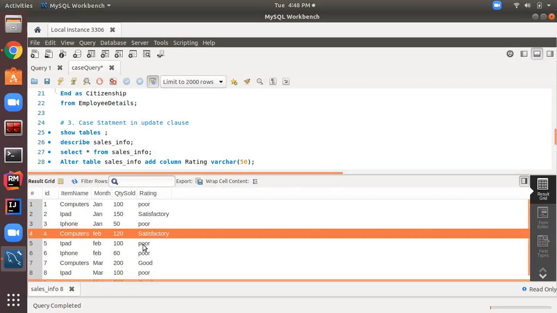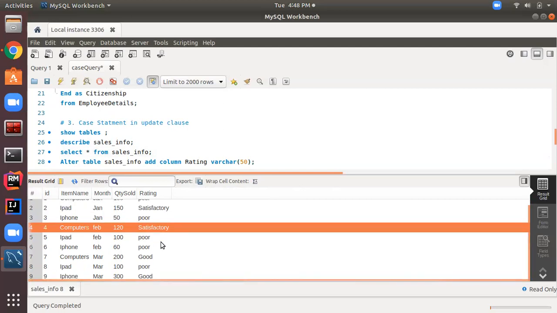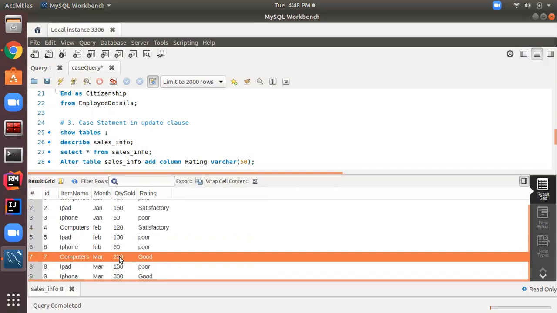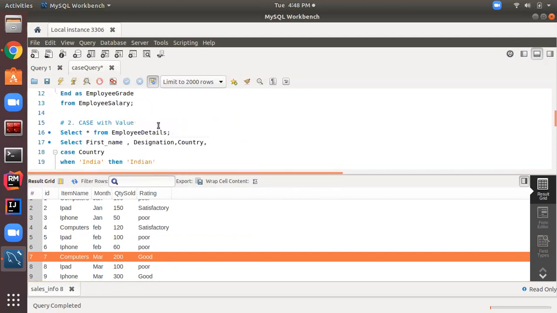And when the sale is above 150, then it is good. See, the computer sale is 200, so it's giving the rating good. So it is a very useful statement, in fact. We can update our table records based on multiple conditions. Here I have shown you three ways of using the case statement with update.